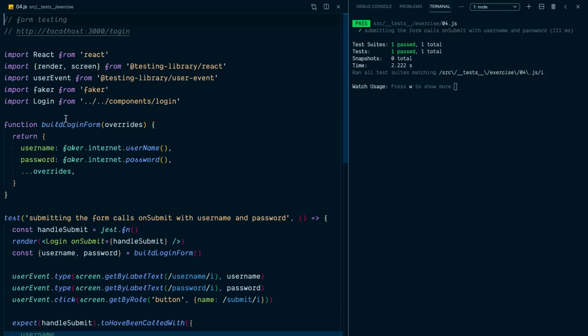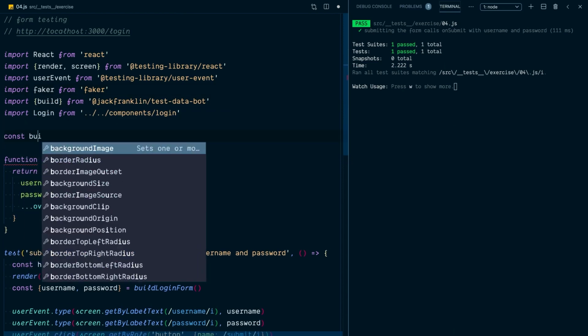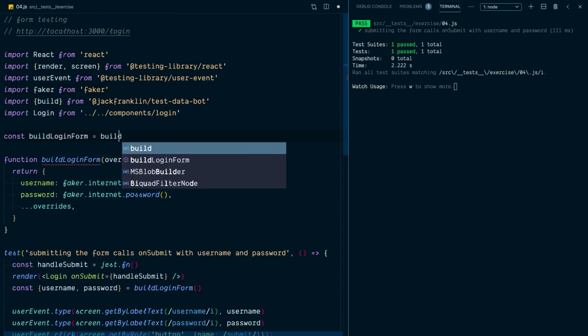Sometimes your object factories can be a little bit more complicated, and to help with that a little bit, there's a module that I like to use called Jack Franklin's Test Data Bot. And so we'll import some things from that. We're going to import build from here, and we're going to say build login form is now build, and that